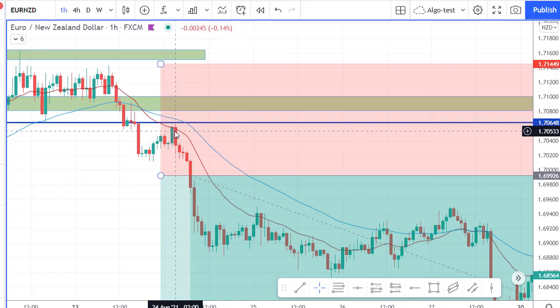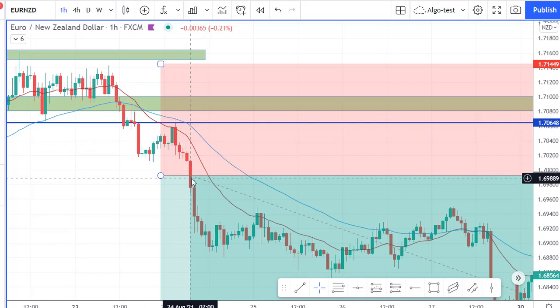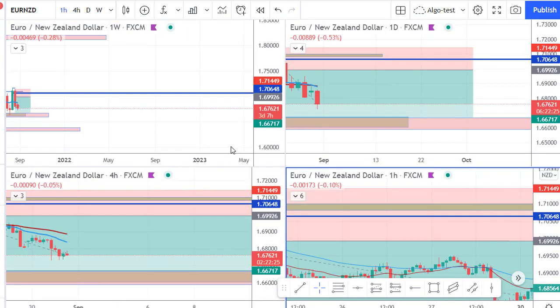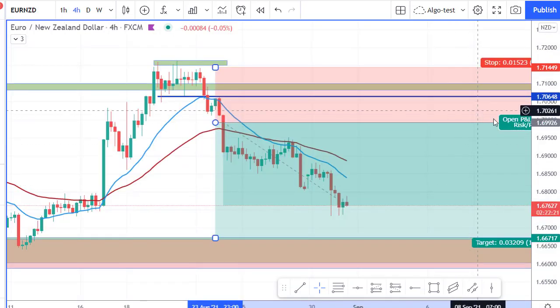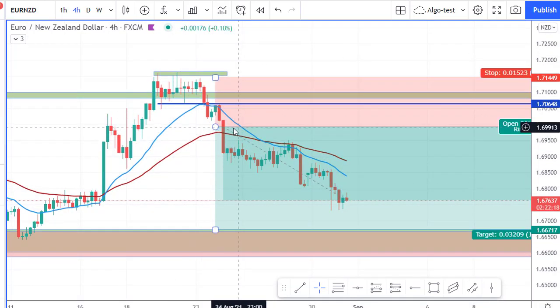Now, as you can see, if you're looking at the time down here, this was around 3-4 o'clock in the morning, and I was asleep there. So when I awoke, I took the trade here around 7:30 or something, and that was not really a problem. I'm not using my hourly time frame too much. So looking at the 4-hour time frame, I just took the trade here, and as you can see, I could